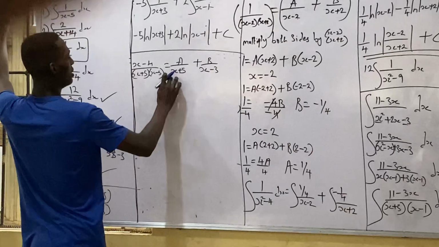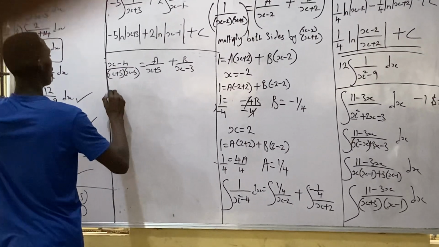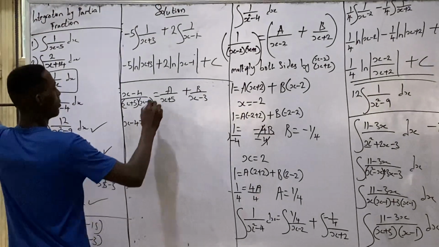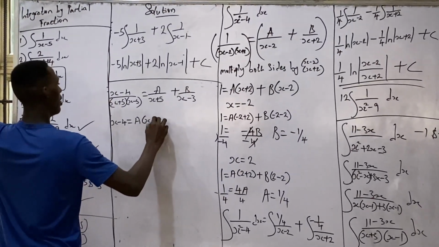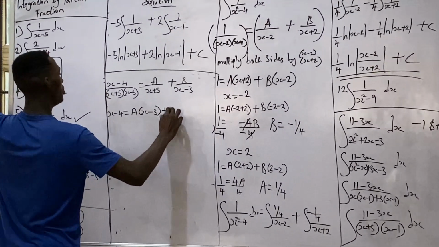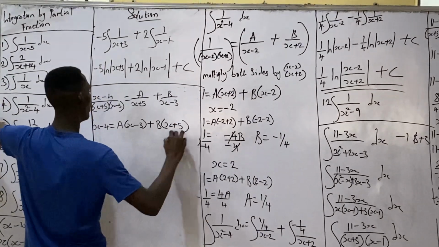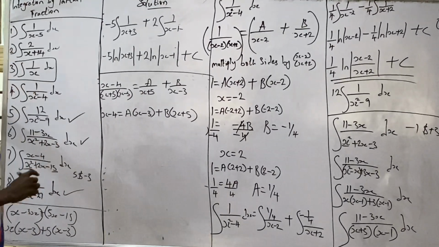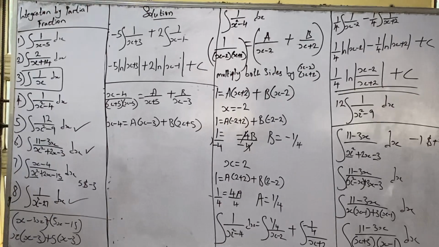We multiply both sides by the product of these two. So that will give us x minus 4 is equal to A in bracket (x minus 3) plus B in bracket (x plus 5). Now, let's try the trick and see if it will work out. This trick might be applicable only if